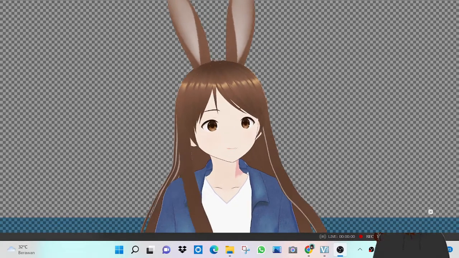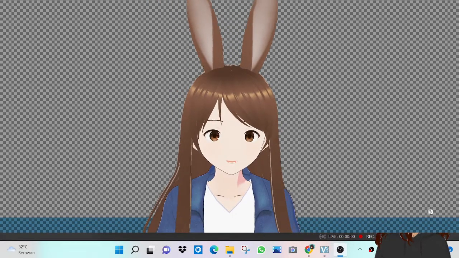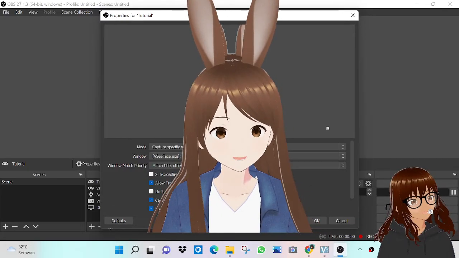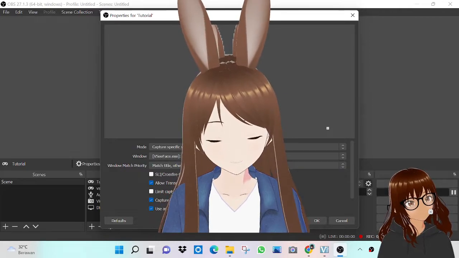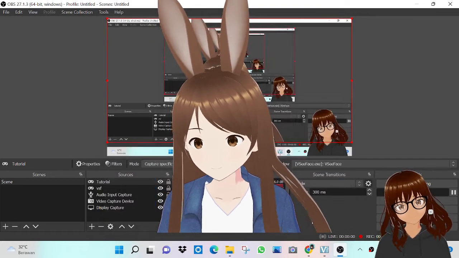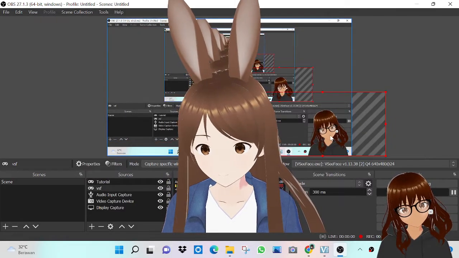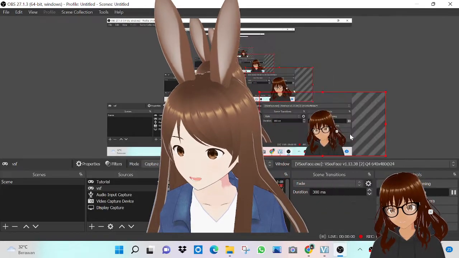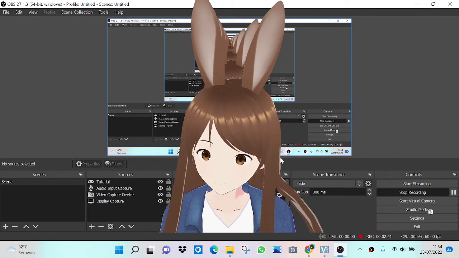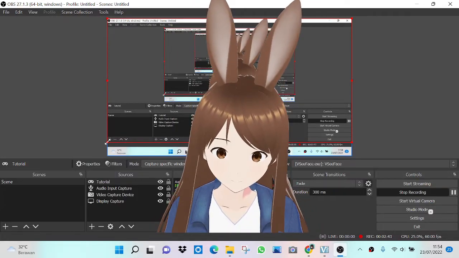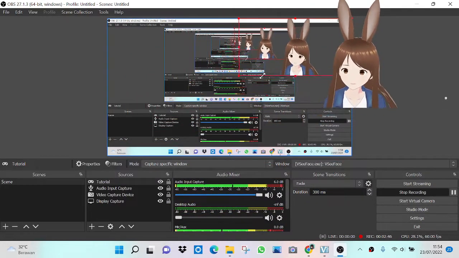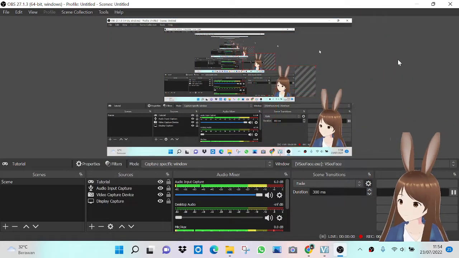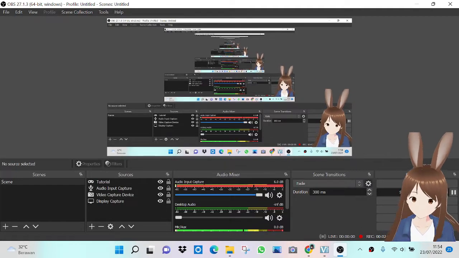is not complete yet. Now we want to click Allow Transparency. And as you can see, your VC Face is transparent now. And then what we want to do is click OK. Now I just delete this one because I'm doing a tutorial and it's much easier this way, like this. And then basically